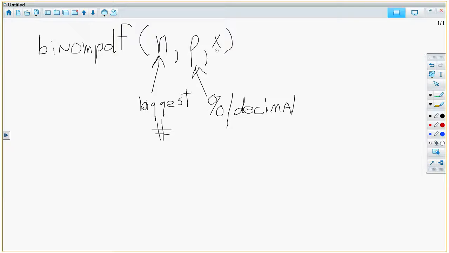And X is going to be the desired or what you are flipping or whatever. Now, I like to tell students that this is kind of like a problem. I've got a coin, and that coin has been tested 50 times. It's been flipped 50 times, and it has a probability of landing on tails